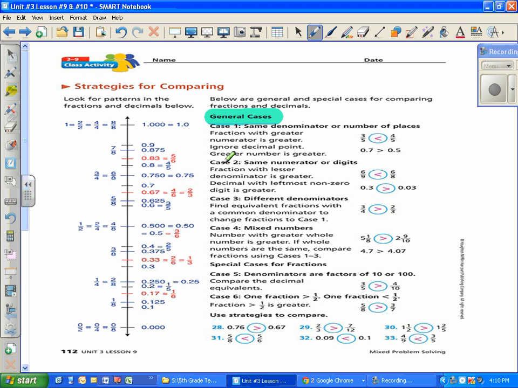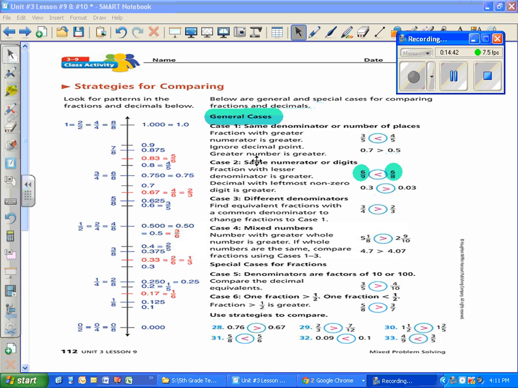Case 2 says, same numerator or digits, fraction with lesser denominator is greater. If they have the same numerator, 6 and 8, but their denominator is greater, okay? So look at this, 6/9, 6/8. The 6 and the 6 are the same, but the 8 and the 9 are different, and 9 parts, 8 parts, well 6/8 is greater than 6/9. So the numerator that is smaller,